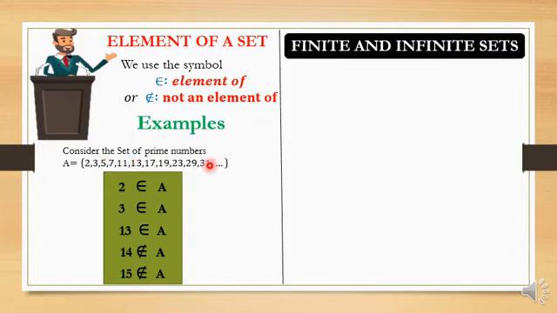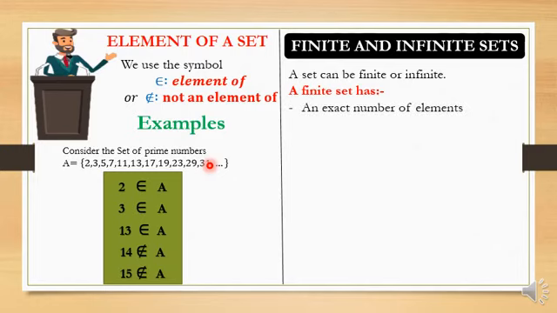Now let's look at finite and infinite sets. What are finite sets and what are infinite sets? A set can be finite or infinite. A finite set has the following characteristics. Number 1, a finite set has an exact number of elements. There exists a last element,